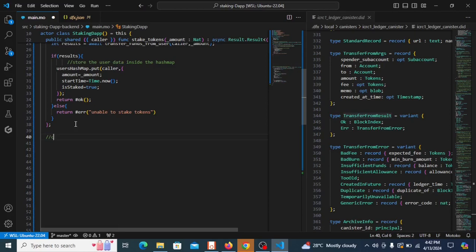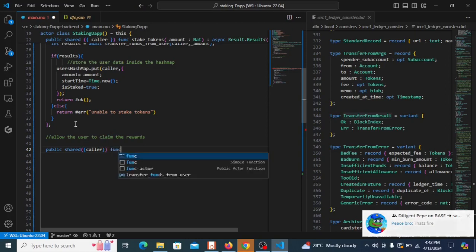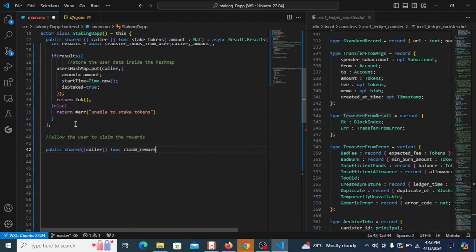And so allow the user stake to actually claim the rewards. Cool. So it will still be public shared caller function claim rewards. It doesn't take in any parameter. It's an asynchronous